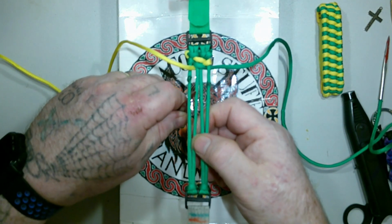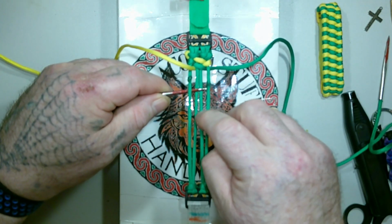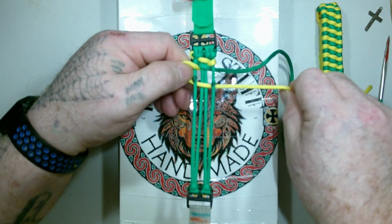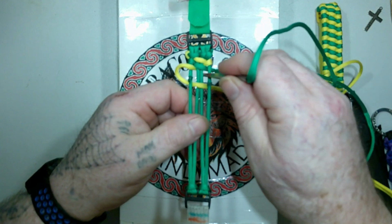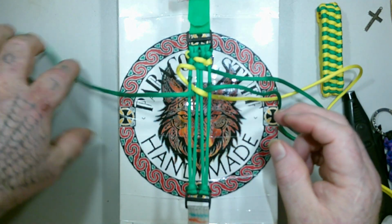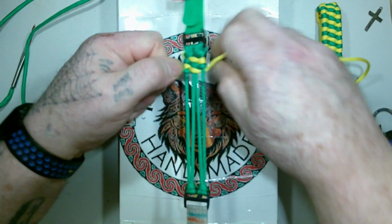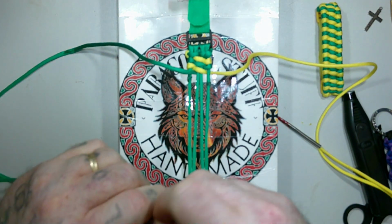We'll do it again. Up in between 1 and 2, over 2 and 3, under 4. From the right side, down in between 3 and 4, under 2 and 3, up in between 1 and 2. And again,